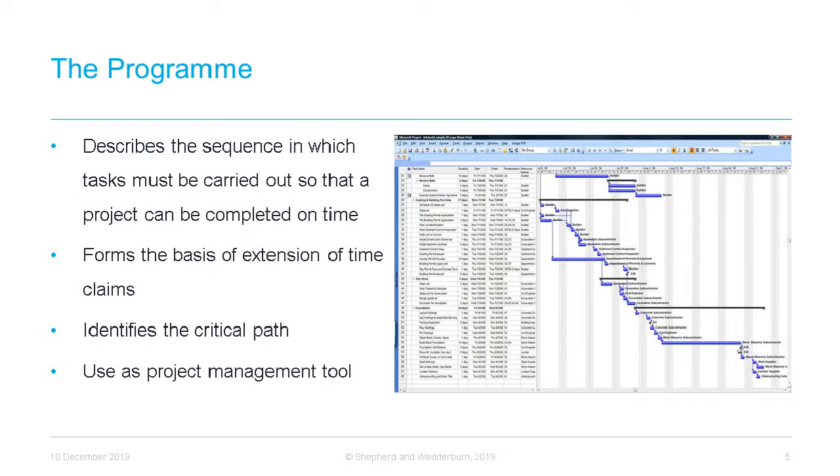Most programmes will also identify what is referred to as the critical path. This can be defined as the shortest time in which the works can be completed. The critical path is made up of the tasks on which the overall duration of the programme is dependent. A delay to one of these tasks will delay the completion date. Therefore, these delays are called critical delays. Not all delays are critical delays because not all delays will affect the completion date if that particular task can be accommodated outwith the critical path.